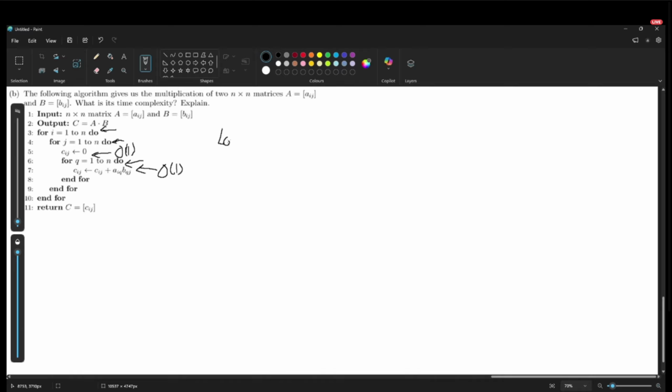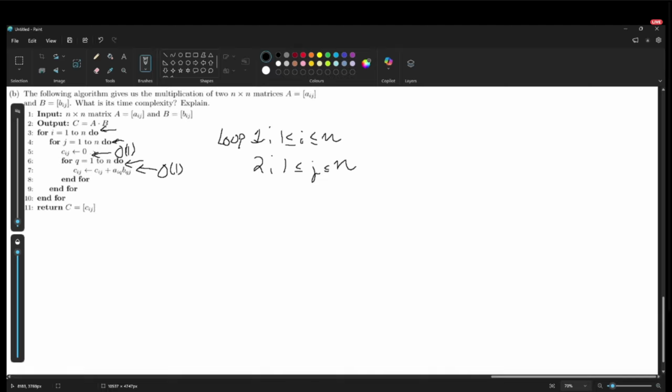So loop one, we have a bound. So i is in between 1 and n. Okay, and then for loop 2, same thing. Sorry, j is in between 1 and n. Okay, so that means that